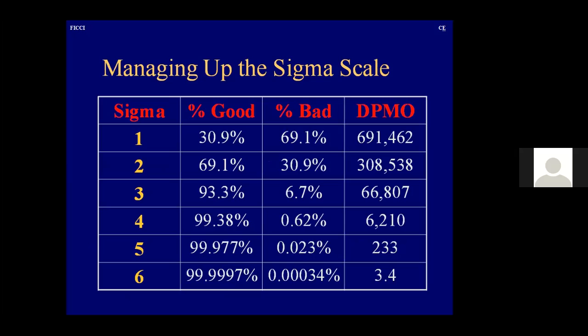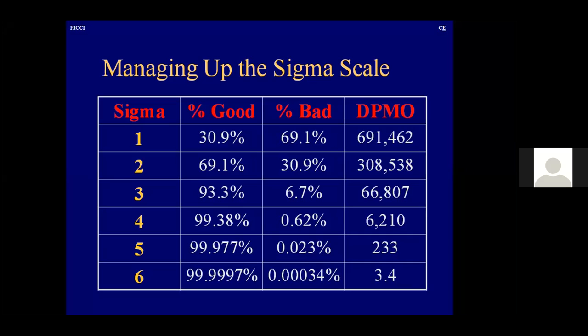So in general, when we have 1 sigma level, our performance is almost 31% good, 69% bad, and defects per million opportunities is almost 69%. When we are able to achieve 2 sigma, the percentage is almost reversed. It is 69% good,